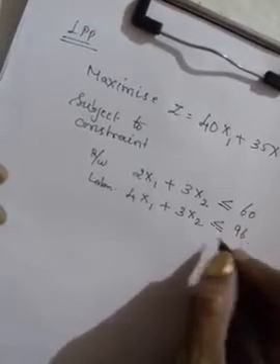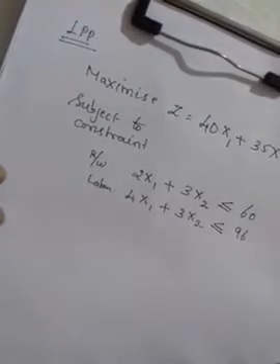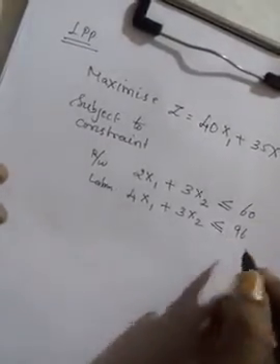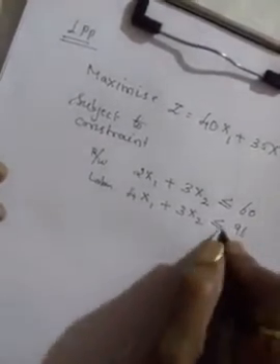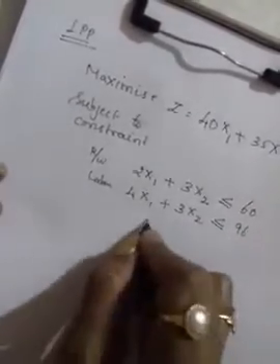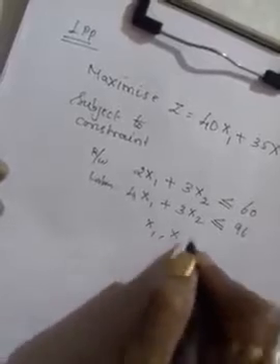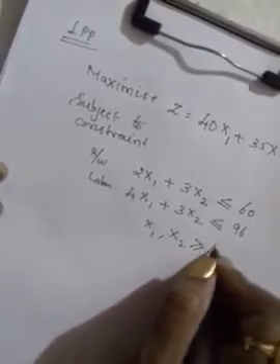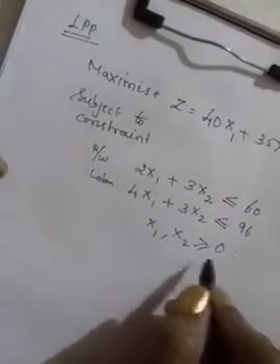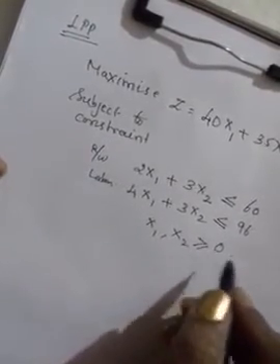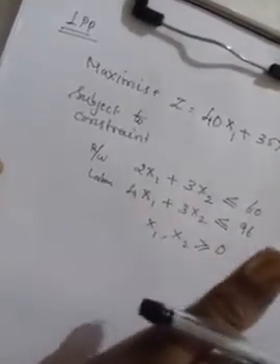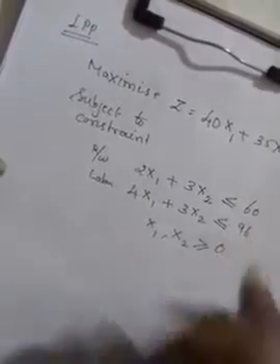96. So it is less than or equal to, not more than 96 you should not give. Okay, you have to give only 96 labor hours. Okay, because available labor hour is 96, that's why you have to put less than or equal to. Okay, and always your constraint is X1, X2 greater than or equal to 0 because you are going to produce product, so it should be non-negative, it should be greater than or equal to 0. Okay, this is the formulation of your problem. That's it.